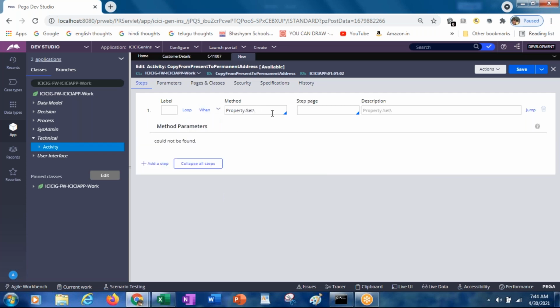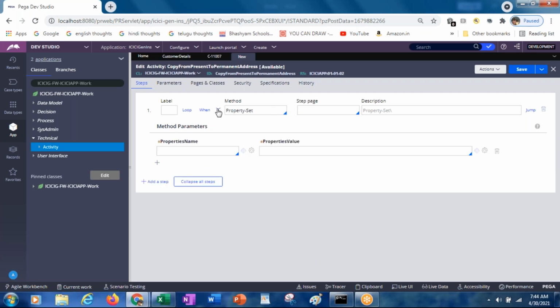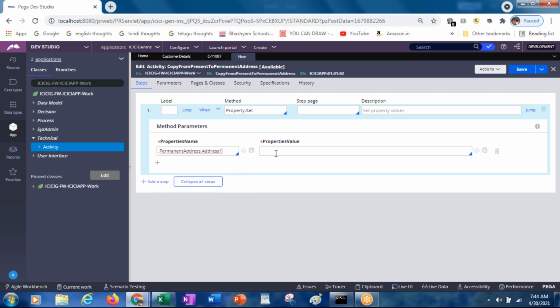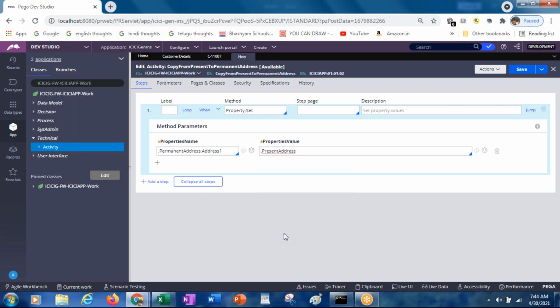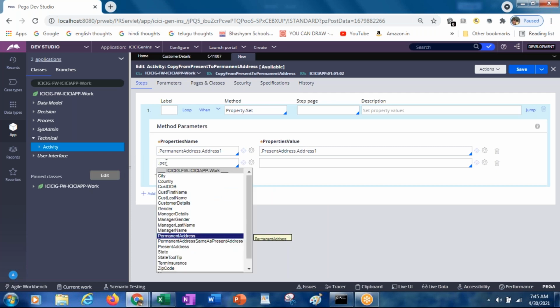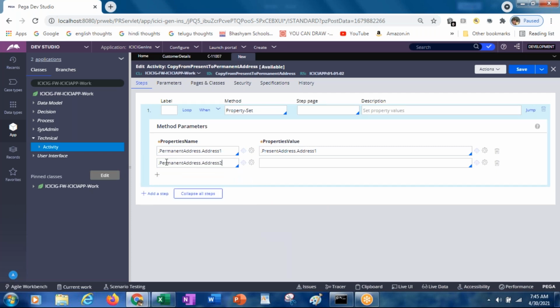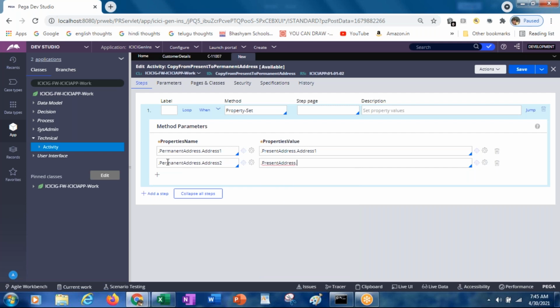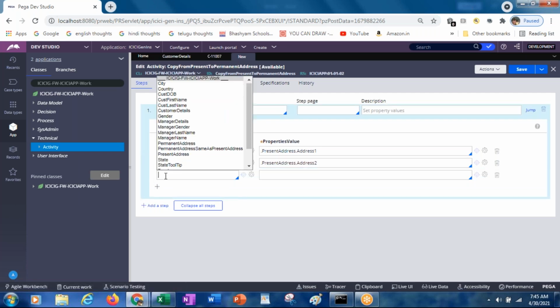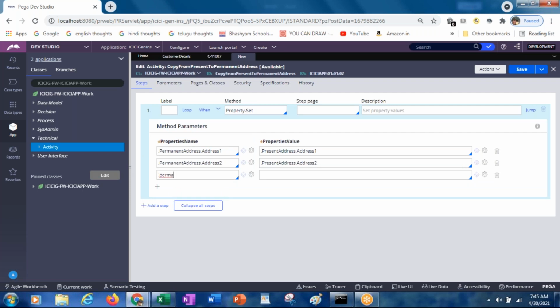Property set: dot permanent address dot address one equal to dot present address dot address one. From present address to permanent address, we are copying like this.